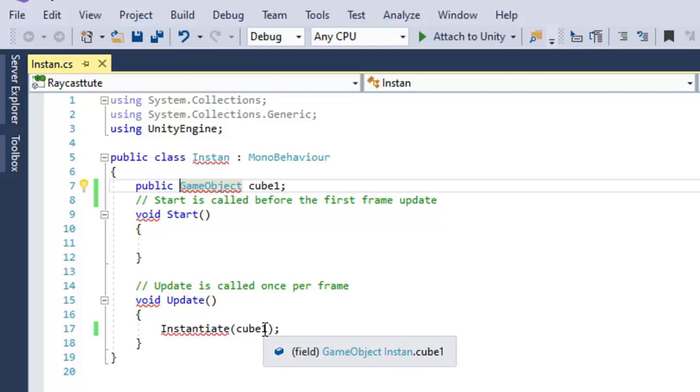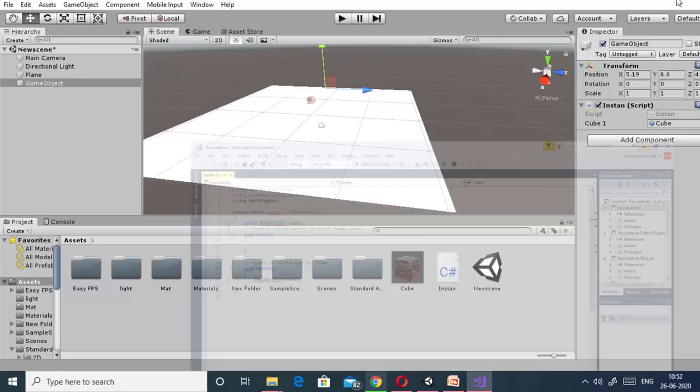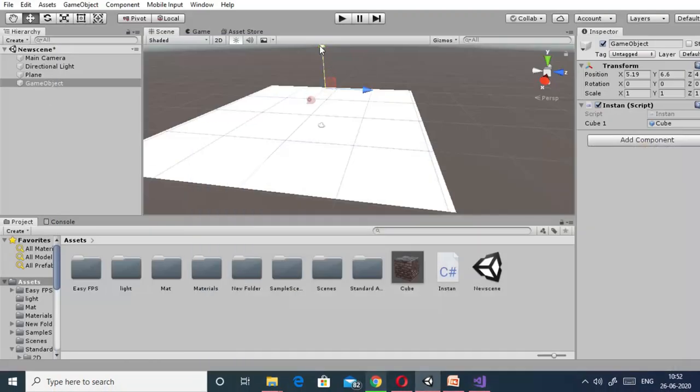If I do not mention the position of instance creation, all clones will be created in the same place where the object with which that script is associated is placed. We can see that our empty game object is placed here. That's why all the clones of this prefab are created in the same place, and due to the rigid body property they are pushed apart after colliding with each other.